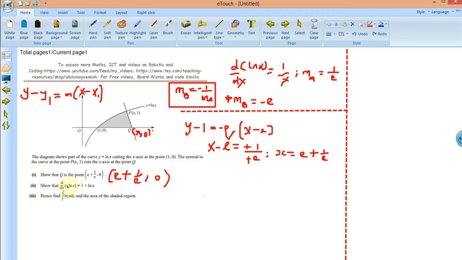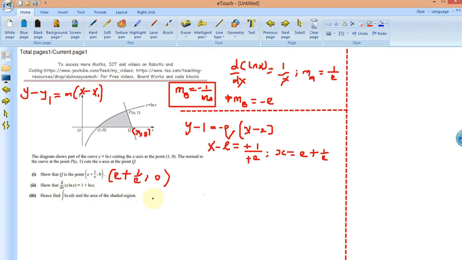So let's do the second question now. We have to show this. Okay, so if you differentiate this, you should get this answer. So let's go ahead and do that. So this is product rule, don't forget. X ln x. So guys, I just want to manage my time and I will not really waste much time. So differentiate the first one, multiply by the second one, that is product rule. So when you differentiate x, you have 1, multiply by that, so you have ln x,